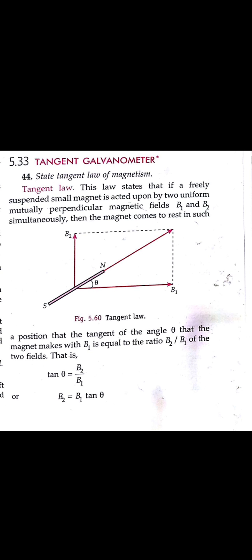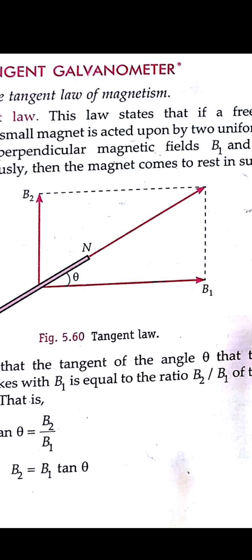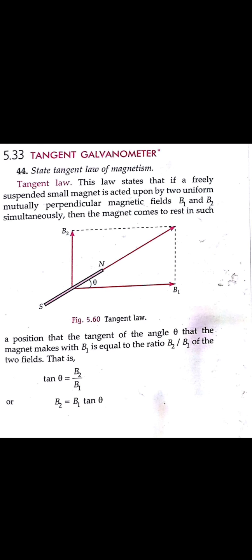But here the magnetic field will be there. So any two magnetic fields should work, that is B2 and B1. You can see in the figure also, that is B2 and B1, and between them the tangent will be taken, which will be the angle theta, dividing both magnetic fields in the same ratio, that is B2 upon B1 can be taken. Okay, that is perpendicular upon base.